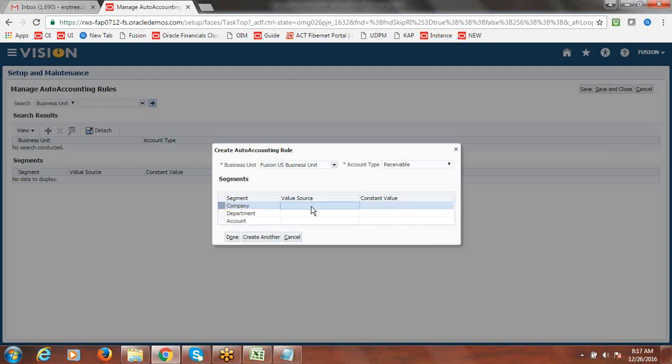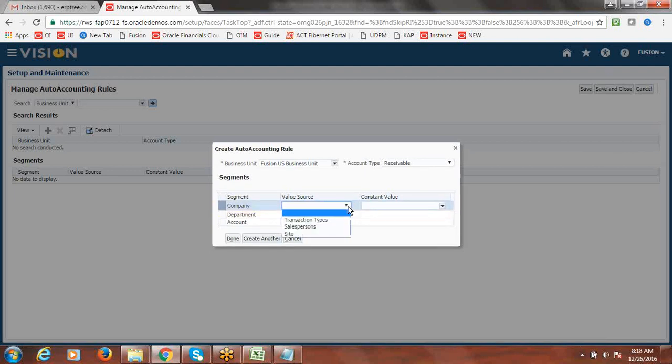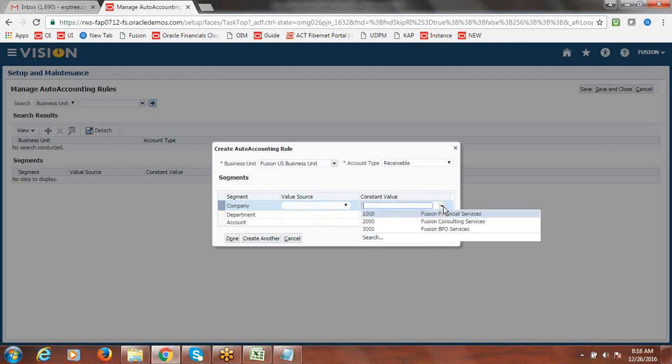If you want to set source based, here we have the different sources we know: transaction type, sales representative, and site. We know memo lines and all, the system will be defaulting only in case of revenue selection. Account type is revenue, right? At this transaction type level we didn't provide accounts, so we'll go with the constant, which is simple for testing. Okay, I'll select the company as 1000